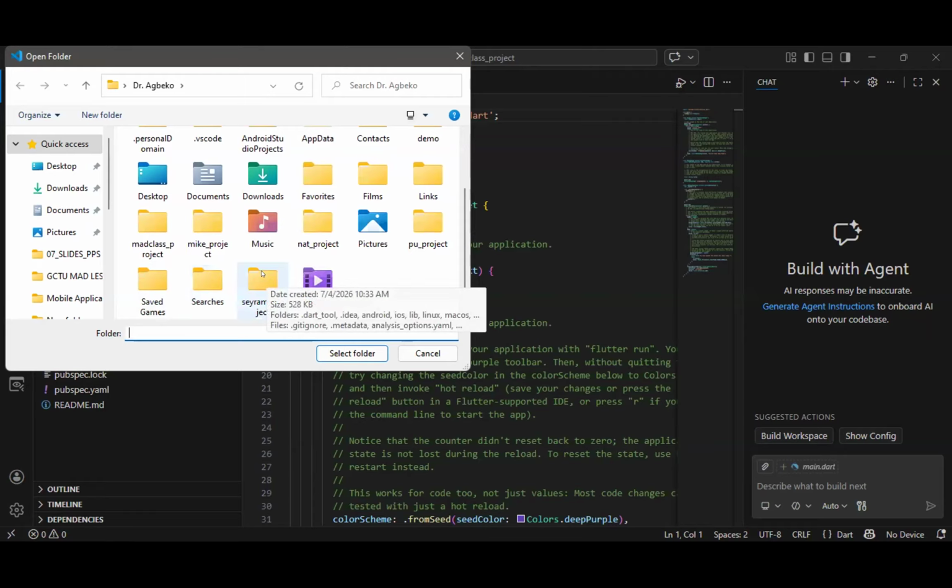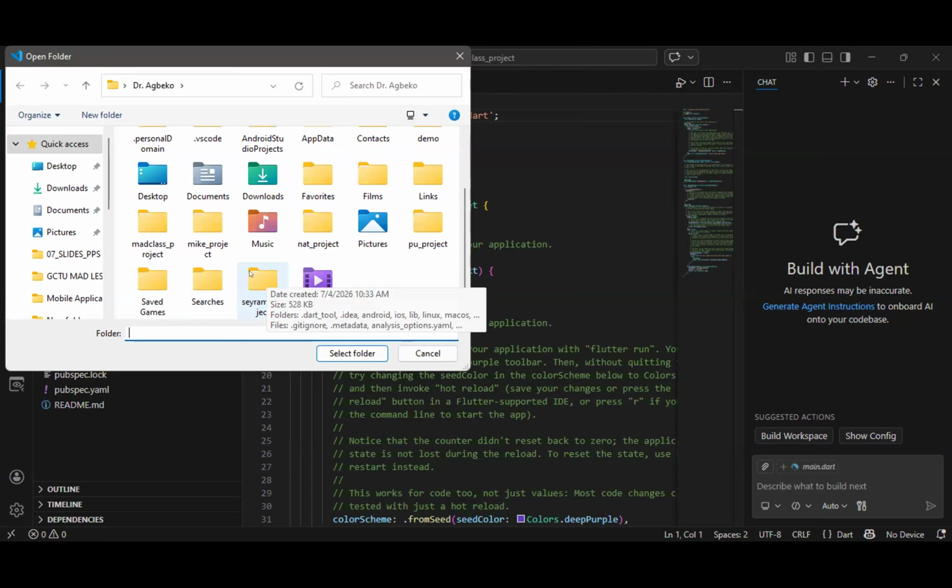Yes, sir. Where am I? I'm in the VS Code, right? Yes, sir. Where did I create the Seiram project? The command prompt. The command prompt, but now I'm picking it in where?